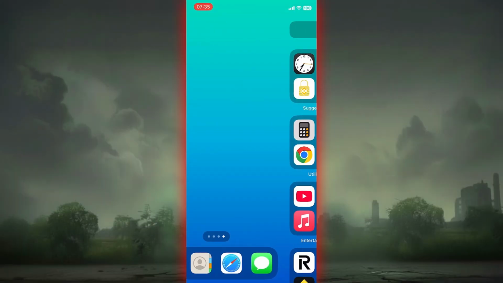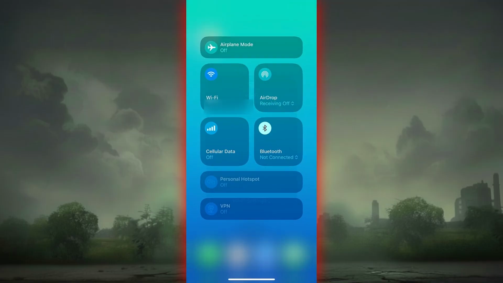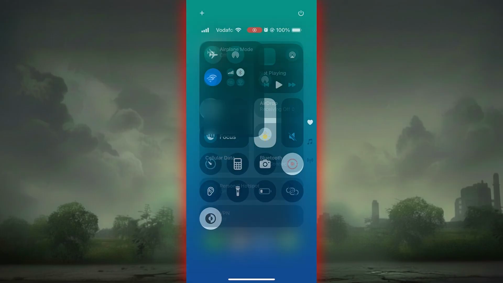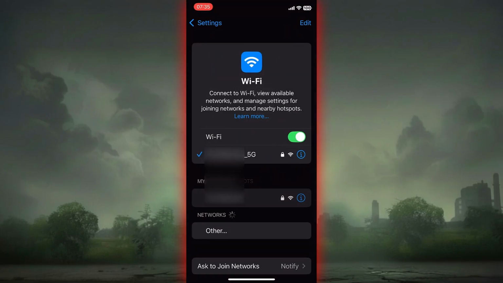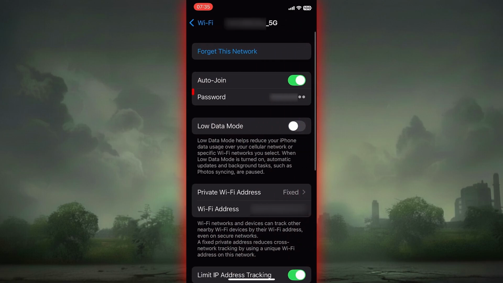If you want to find your Wi-Fi password, your router password on a smartphone, open the Wi-Fi settings on your iPhone or on your Android smartphone. Once you are on the Wi-Fi settings, press on the network to which you are connected and you will see an info icon. I will select that and I will tap once on my password,